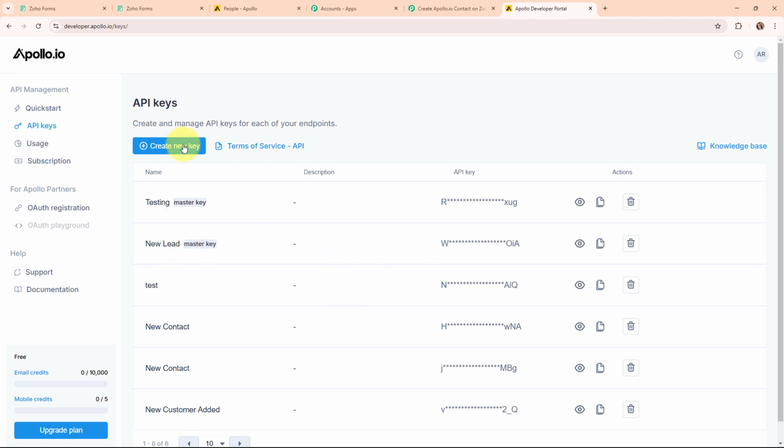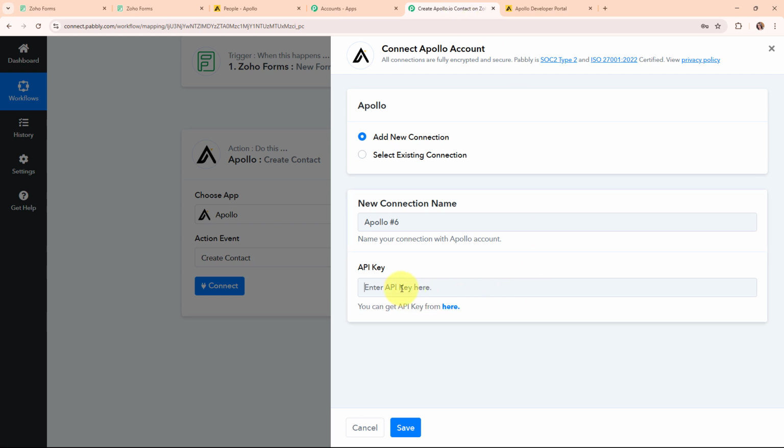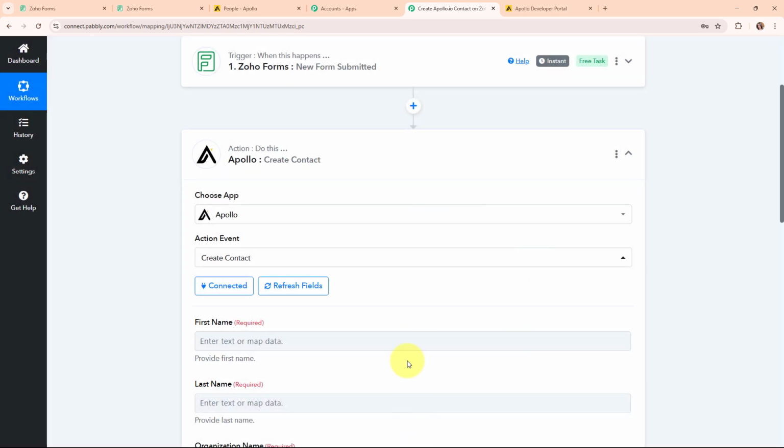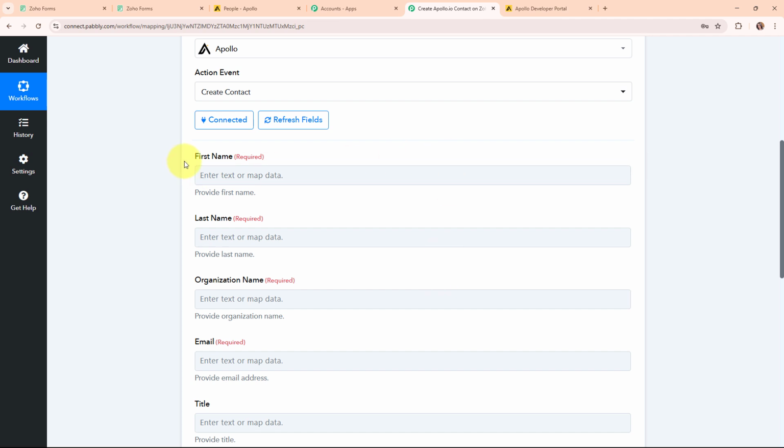Here, if you wish, you can generate a new API key and then use it. So I'm going to copy it, move back to Pabbly's workflow, and then paste the API key over here. So this is the API key, and now I'm going to click on save. And here you can see we are now successfully connected. So moving forward, here it is asking me to enter the first name, last name and some other